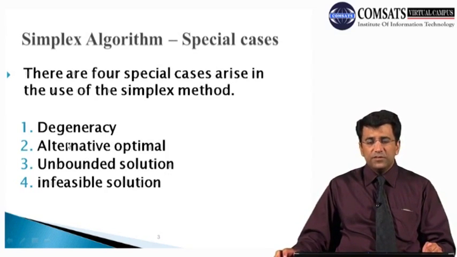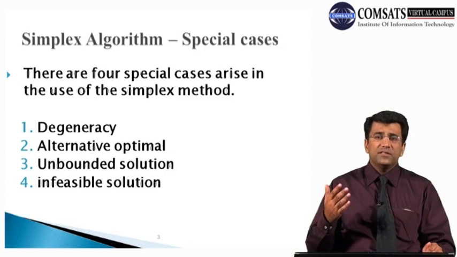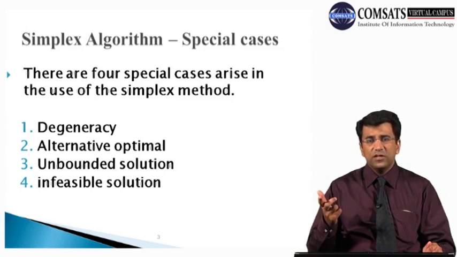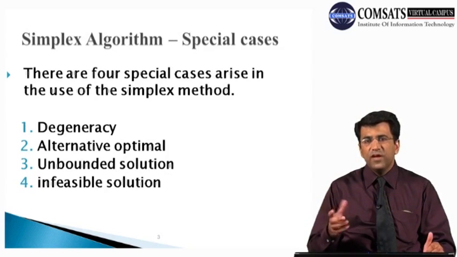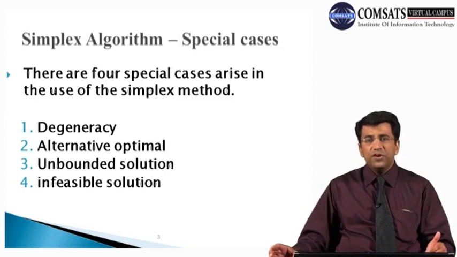Then another important case with respect to that simplex algorithm, that is the alternative optimal solution. Now class, this is a particular solution in which sometimes we have an infinite number of solutions. Now in this case, what happens is that we are making our tables but we have different infinite solutions which sometimes give you the same value of the function. So in this particular situation and in this particular case we may have different values of decision variables giving the same objective function value, by using different combinations of our decision variables. So in this case actually we have an infinite number of solutions.